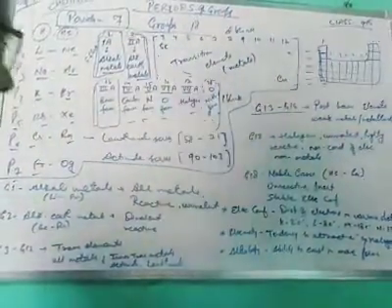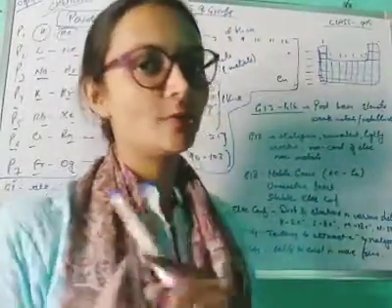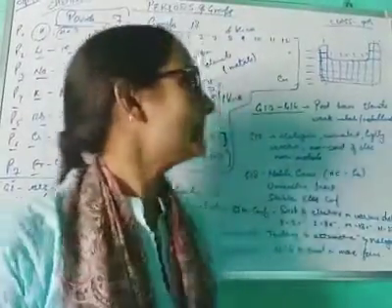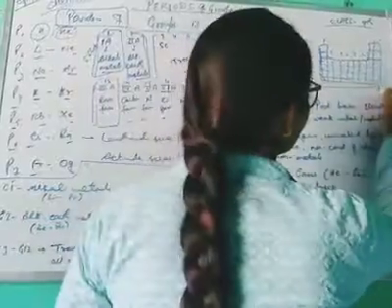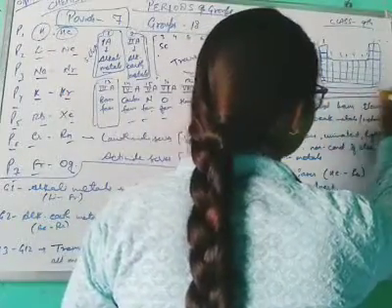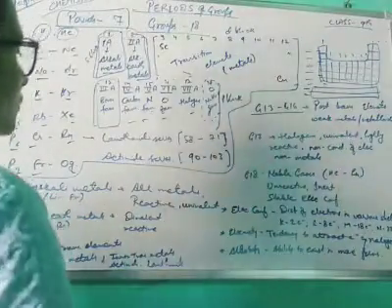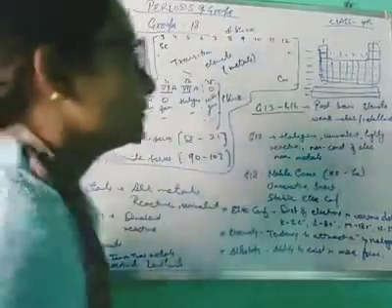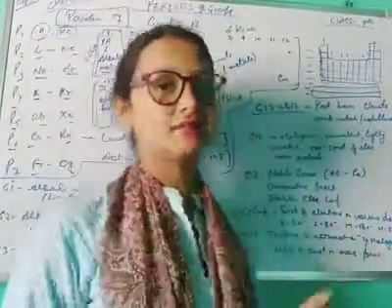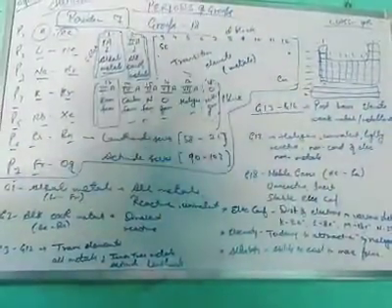There is one more part. If you have seen the complete periodic table in your book, after that there are 2 lines given separately. The first one is called the lanthanide series and the second one is called the actinide series. They are both part of periods 6 and 7.